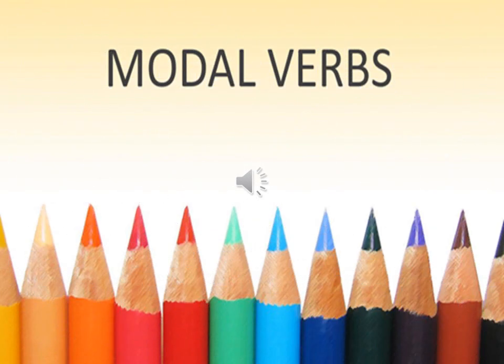The verbs like can, could, may, might, will, shall, would, should, must, need, used to, ought to, and dare are used as modal auxiliaries. Children, please note that modal auxiliaries cannot be used as main verbs like primary auxiliaries. They cannot act independently in a sentence. They are always followed by a main verb. And also note that always after modal verbs we use the first form of the verb.